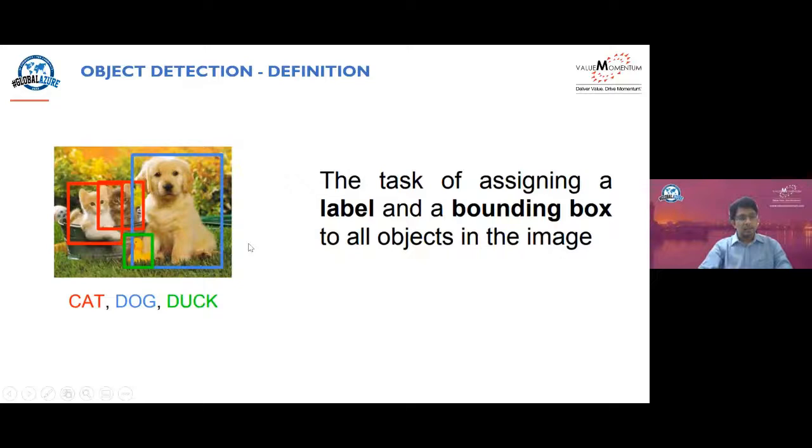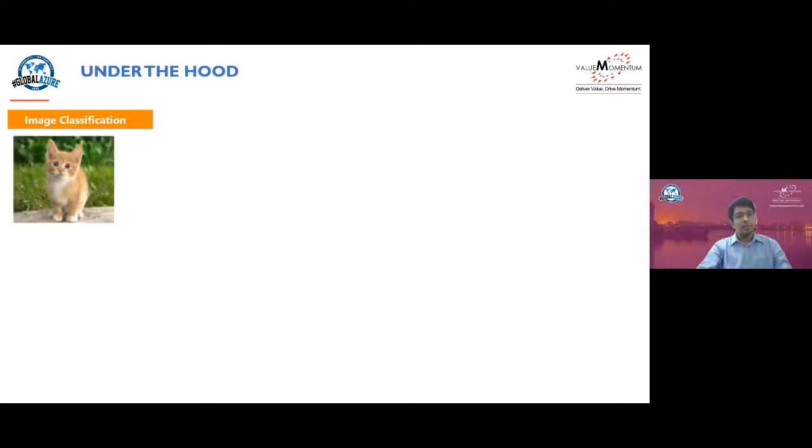So just to ensure, I'm pretty sure all of you would have understood what object detection is, at least the overview of what object detection is. So let us try to understand what are the concepts that we have covered, what's under the hood, and how is it done. Right? If you take image classification, we are saying that if you pass the